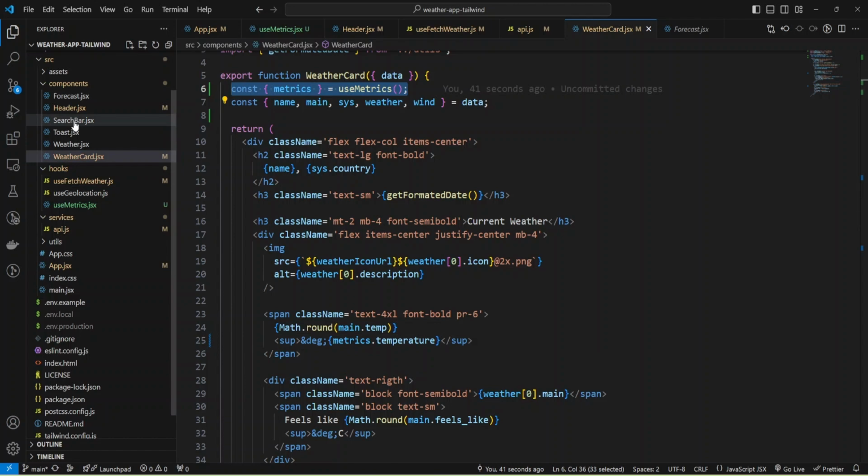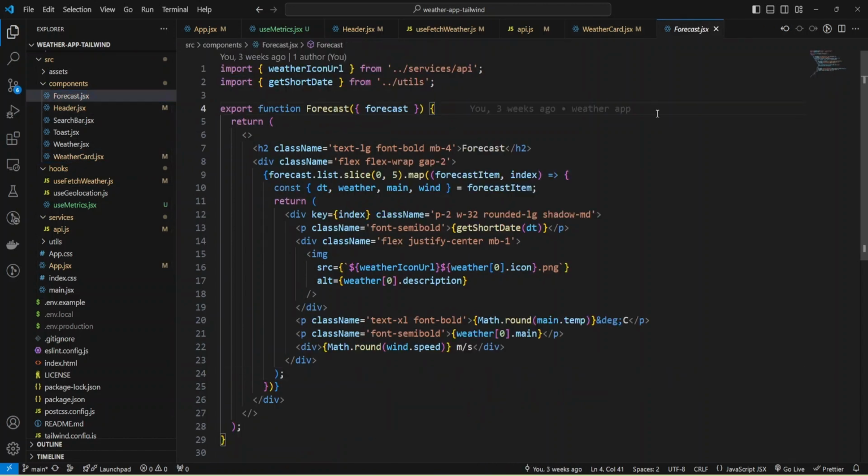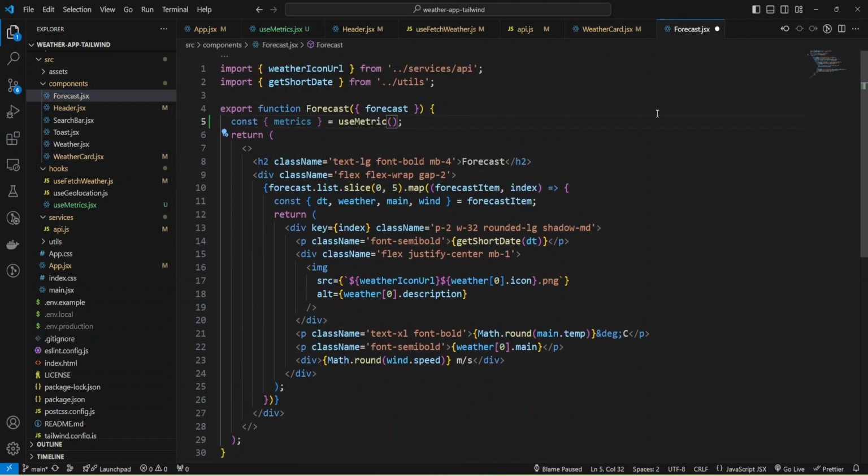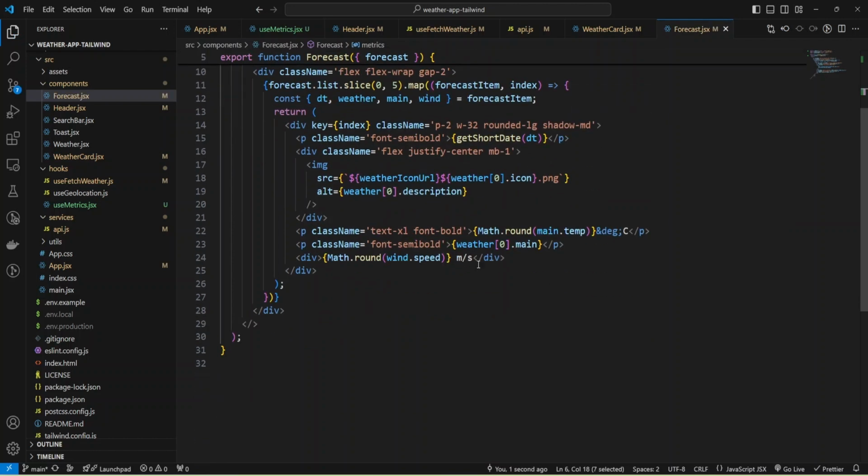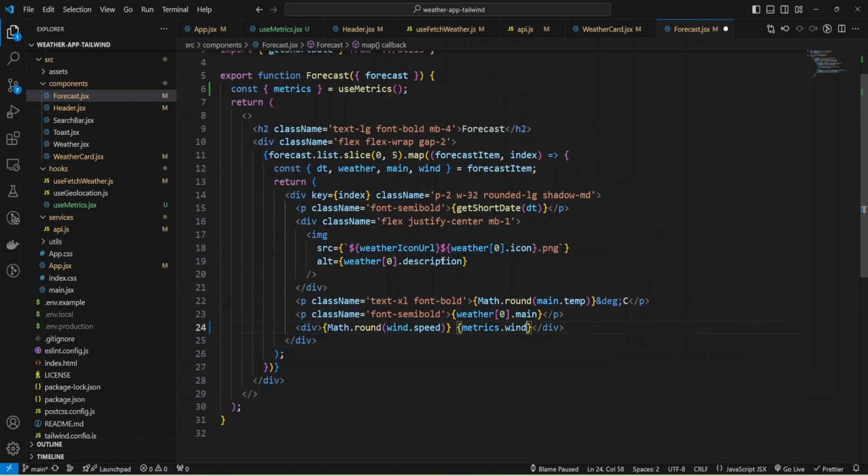And for that, I'm going to open my forecast, and let's copy this. Use metrics, and inside forecast, I also use my hook, and instead of meters per second, I'll use values from my metrics wind, and also we need to change Celsius.